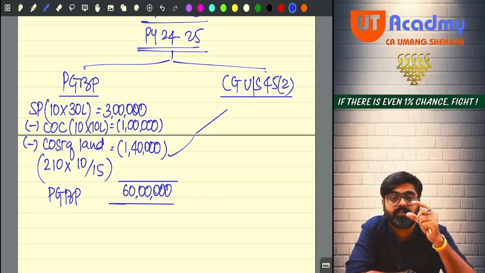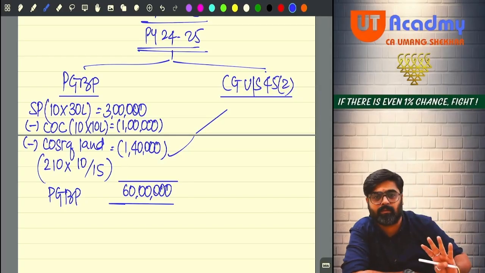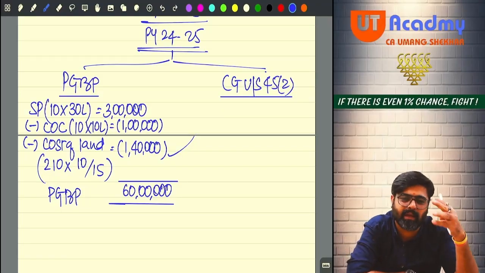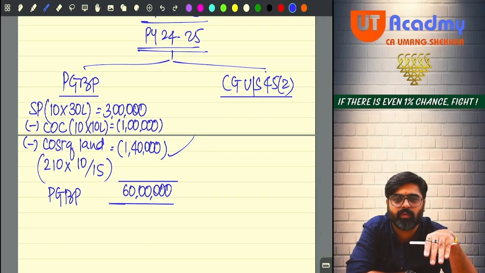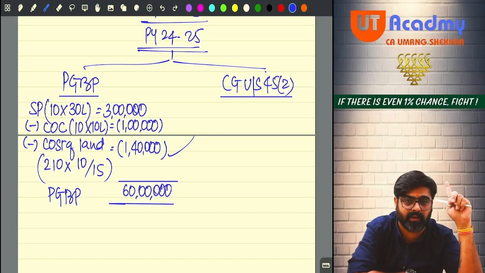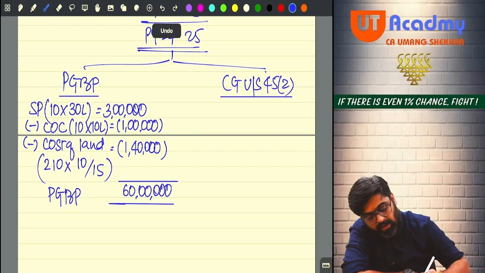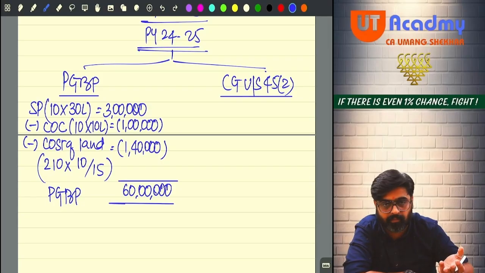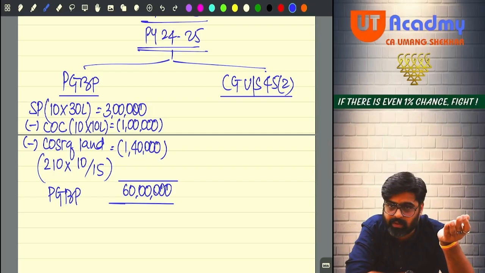See, the land which is getting sold as stock in trade, the capital gain of that land will only be taxable in this year. But I will have to again and again multiply it by 10, divide by 15. So, in spite of doing it again and again, I will do it once only. I will first calculate the capital gain for the entire land. Okay. So, to calculate the capital gain of the entire land, I will have to take the full value of consideration, which is nothing but the fair market value. And fair market value as on the date of conversion will be treated as full value of consideration.